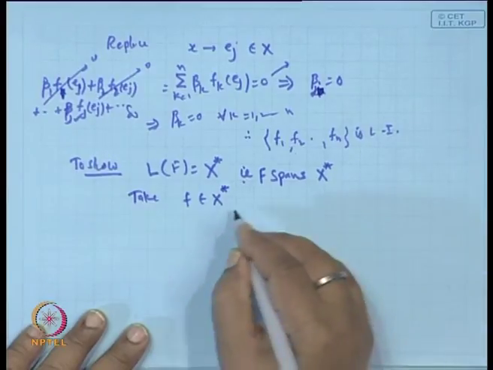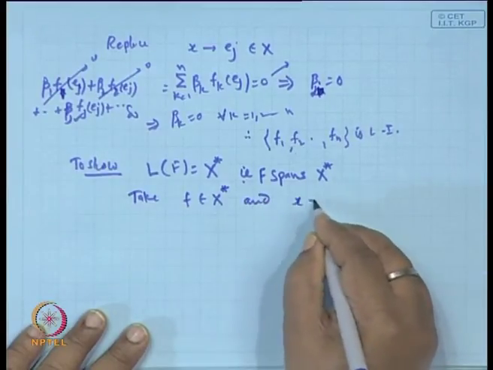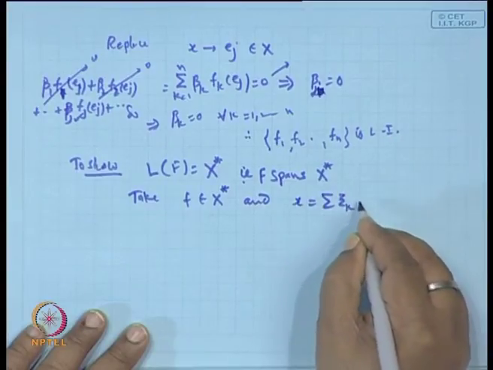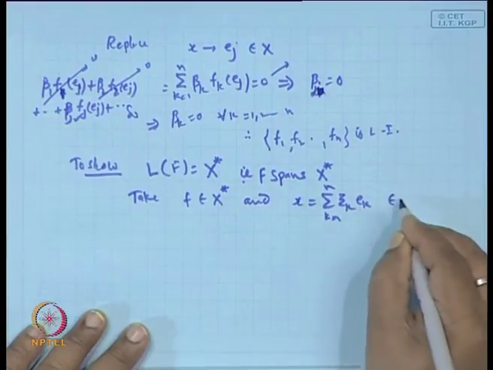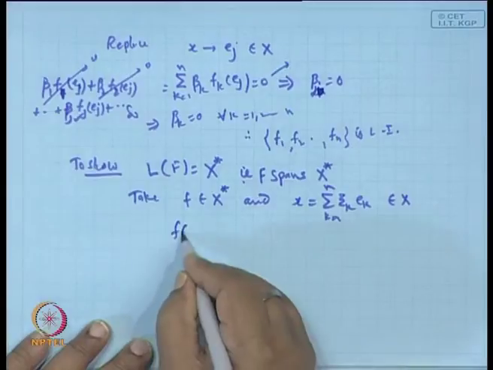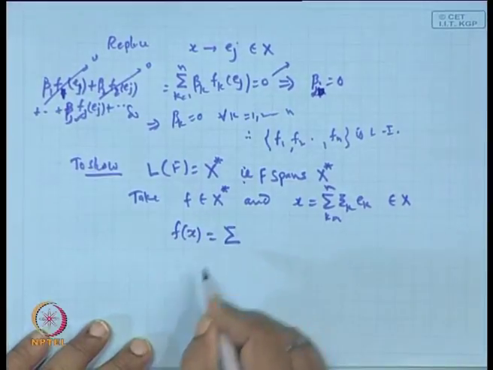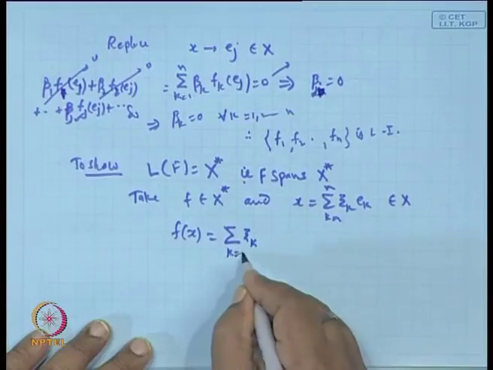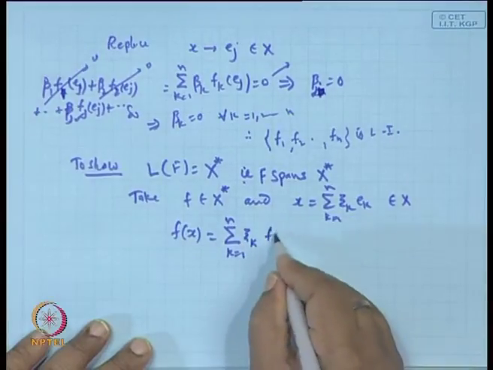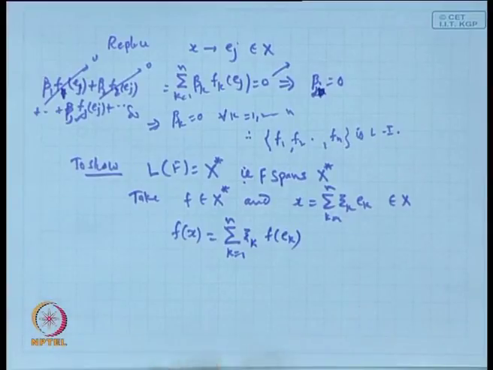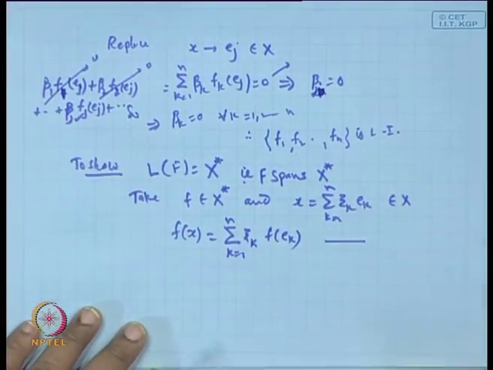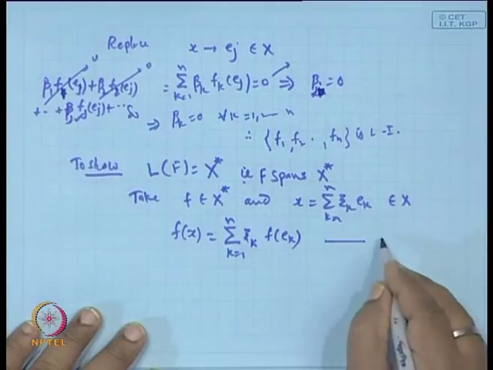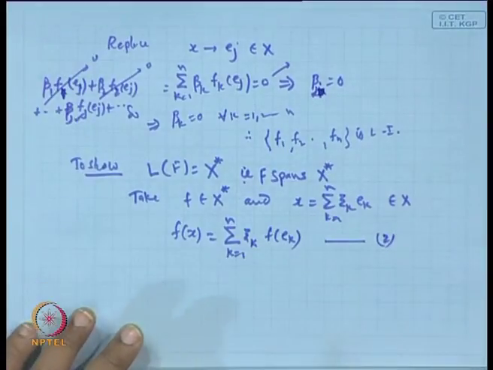Okay. So, x, which is sigma xi k e k, k is 1 to n, is an element of x. So, f of x will be equal to what? Sigma xi k, k equal to 1 to n, and f of e k. Is it okay or not? f of e k. Now, let it be this one equation. Okay, let it be 2. Okay. Now, we know